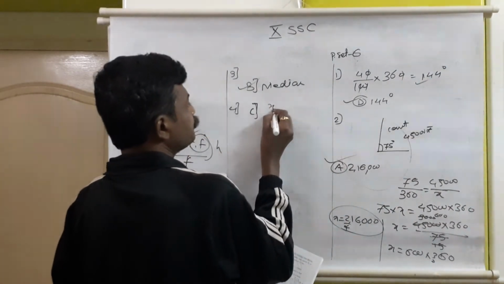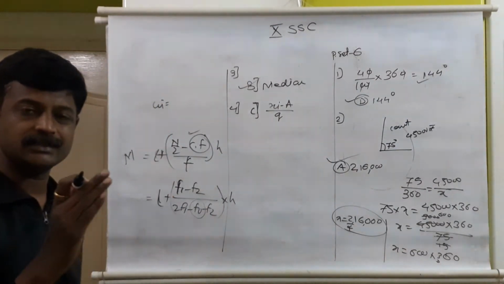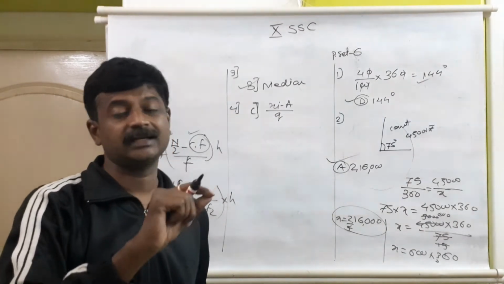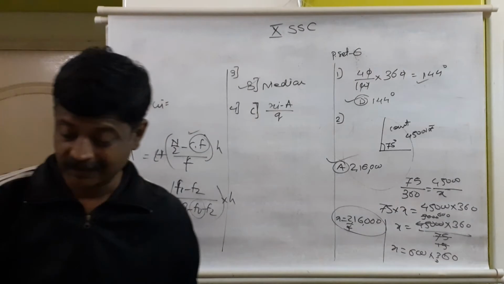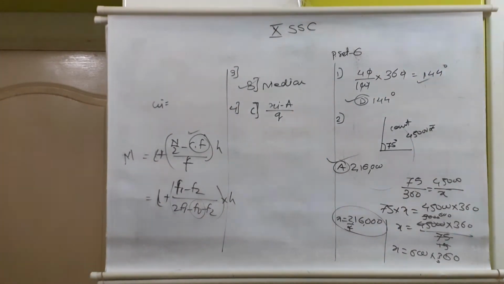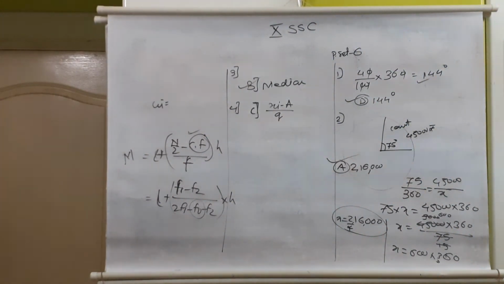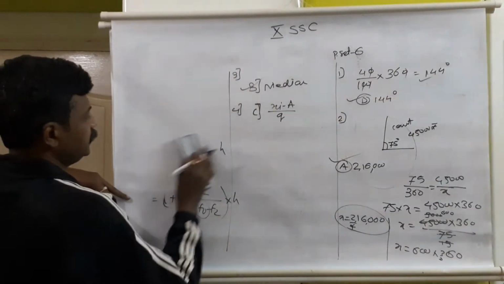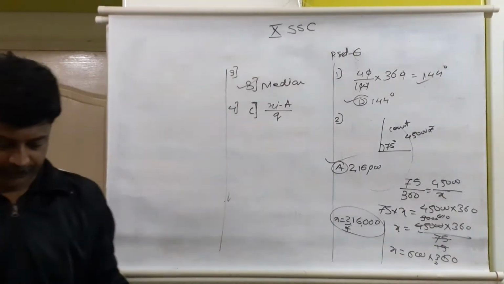ui is equal to xi minus a upon h, where xi is the class mark of the respective class and a is the assumed mean. I suggest you consider the first xi as the assumed mean, then values will be positive and no negative value will come. h is nothing but the greatest common divisor of the xi's, GCD, that is the value of h. So ui will be equal to xi minus a upon h. That is option C for question number 4, the correct option.